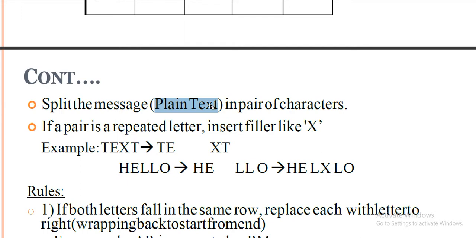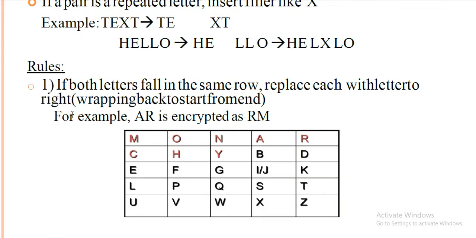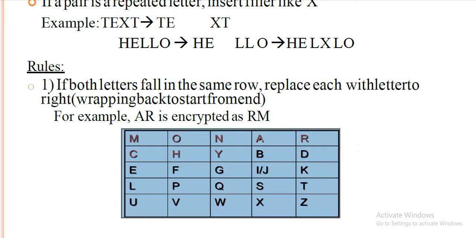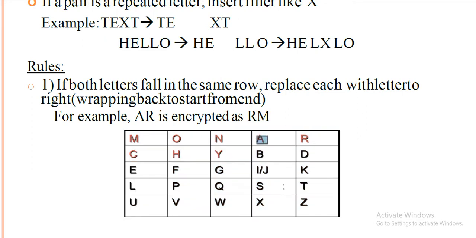Now we are going to do the Playfair method. How exactly does it work? Say, for example, AR, A and R, becomes RM. If we do the Playfair for the pair AR, it gets encrypted, meaning our ciphertext becomes RM. So how does it become RM? This is our table. Just find out where exactly A is and where exactly R is. So A is over here, and now just look at where R is. R is over here.